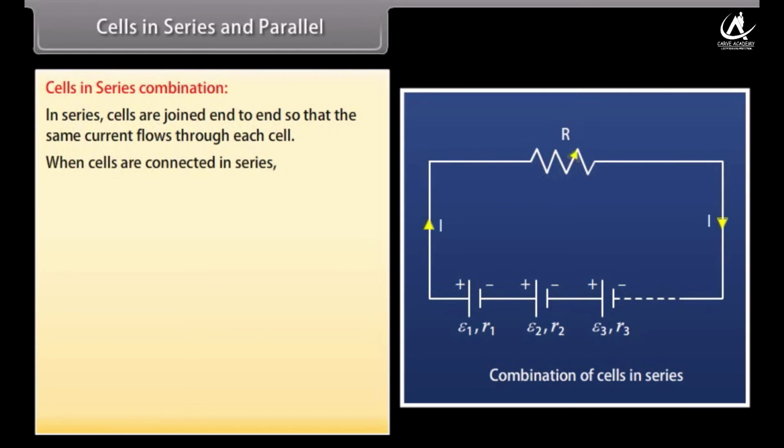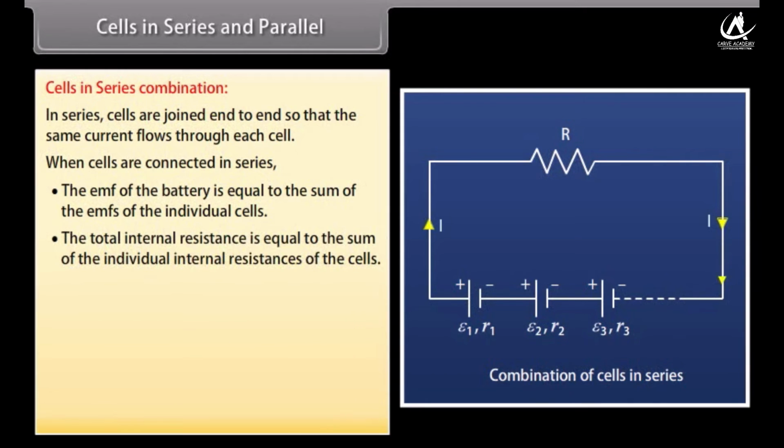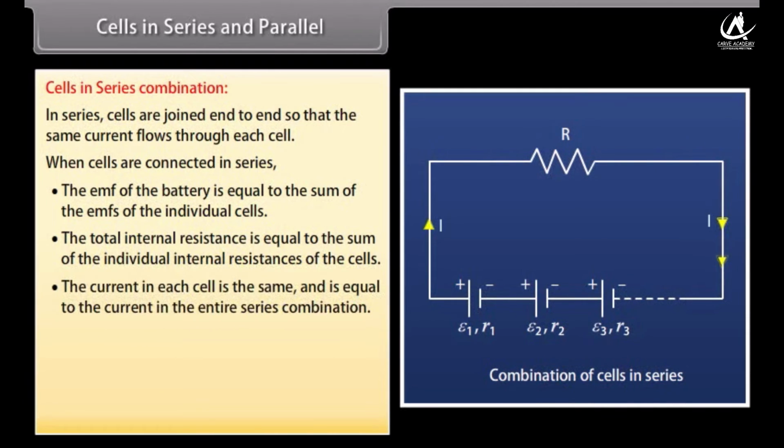When cells are connected in series, the EMF of the battery is equal to the sum of the EMFs of the individual cells. The total internal resistance is equal to the sum of the individual internal resistances of the cells. The current in each cell is the same and is equal to the current in the entire series